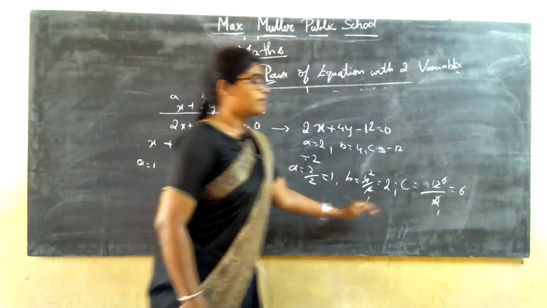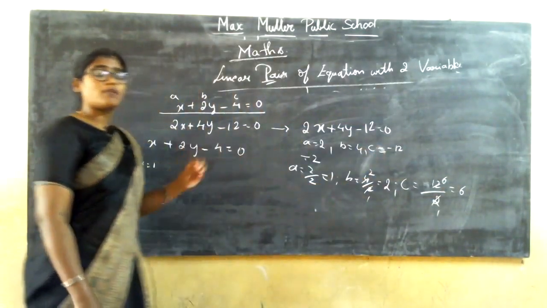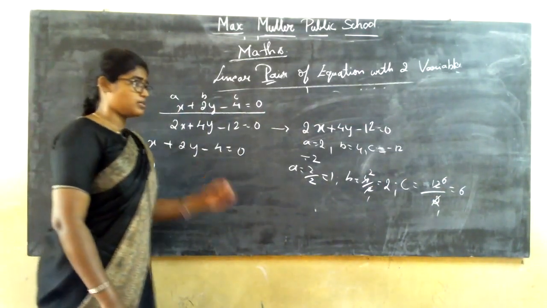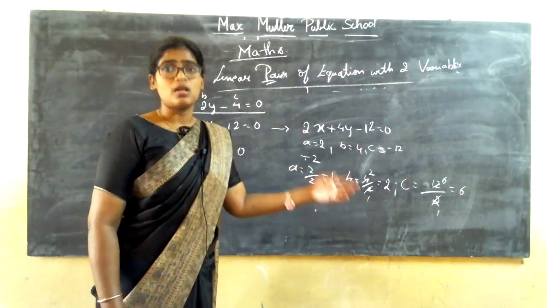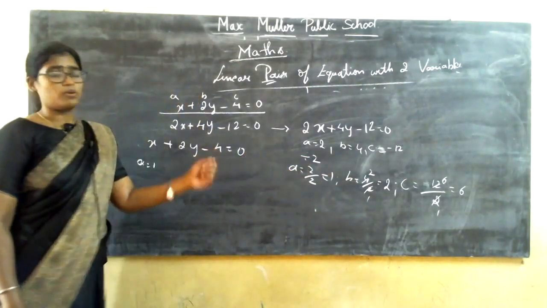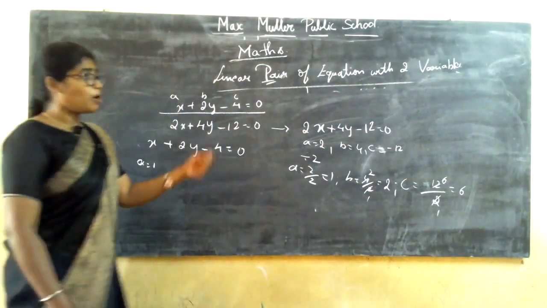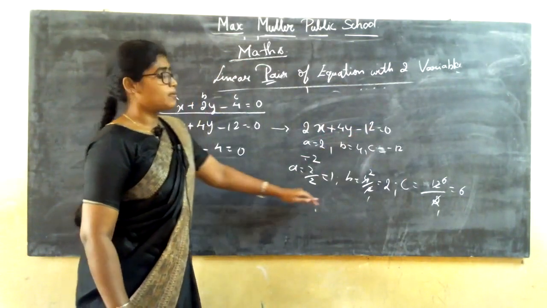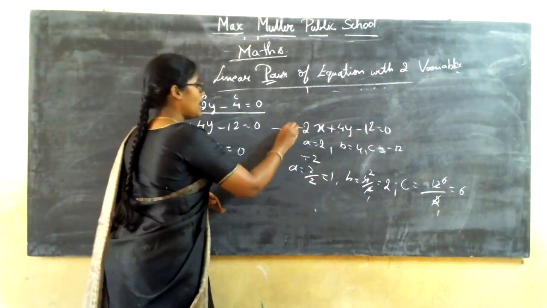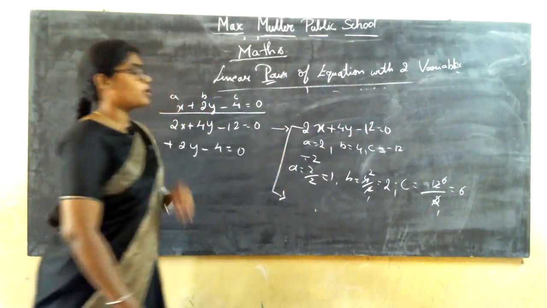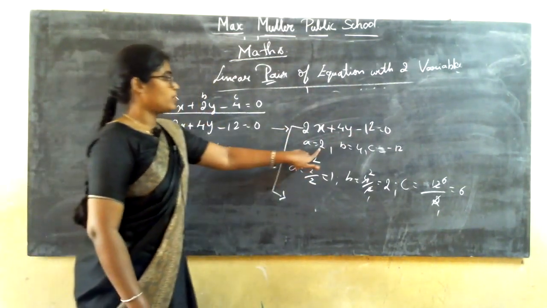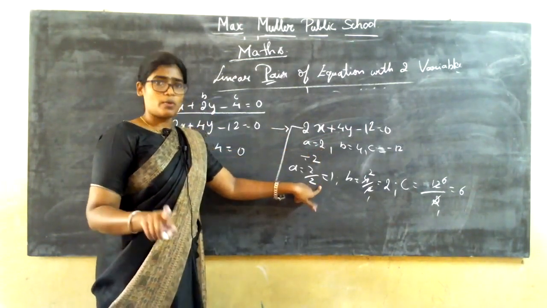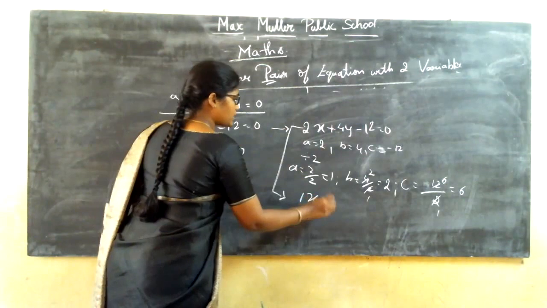Now these are the simplified values of the coefficients A, B, C. You have the simplified value numbers. Now you are going to take the simplified value numbers and put them in the equation, or you are going to replace this 2, 4 and minus 12 with these simplified numbers. When you replace, what happens? When the value of A is 2, now if you divide it by 2, you are going to get 1, so it is 1x.